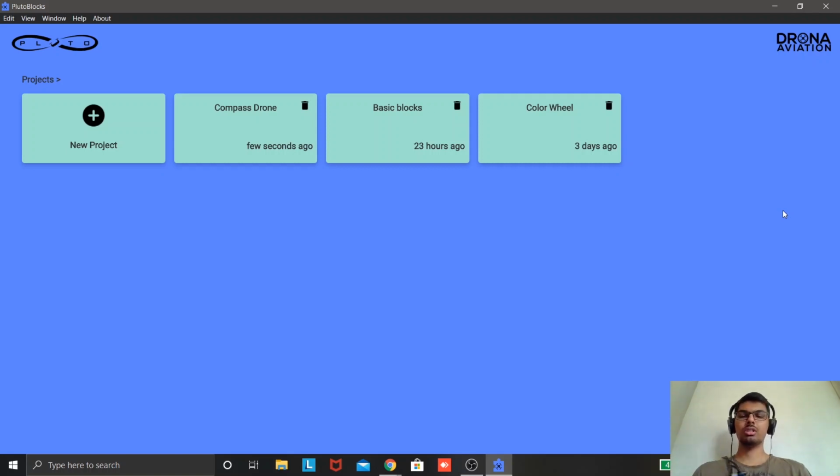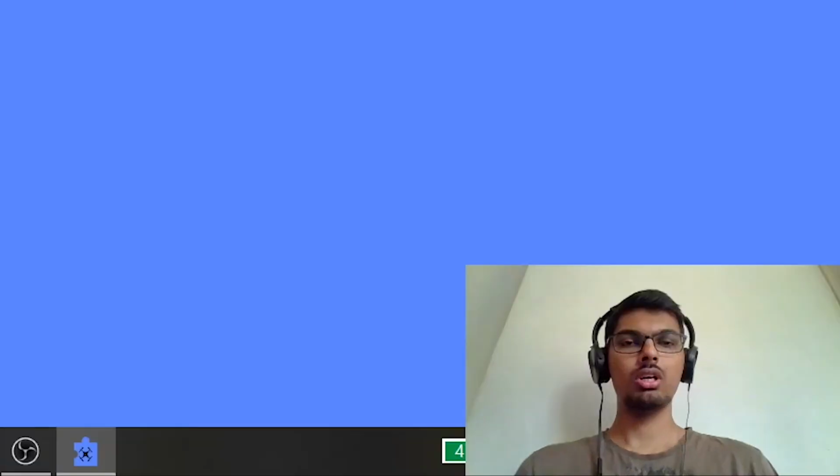In order to do this, the first thing we need to know is how a spirit level basically works. The spirit level shows you the angle. In case the surface is perfectly horizontal, you'll see that this angle is 0. In case you want it inclined, you can see that it is at a certain angle, maybe 10 degrees, 20 degrees, whatever you require. Now the same thing can be done using Pluto.